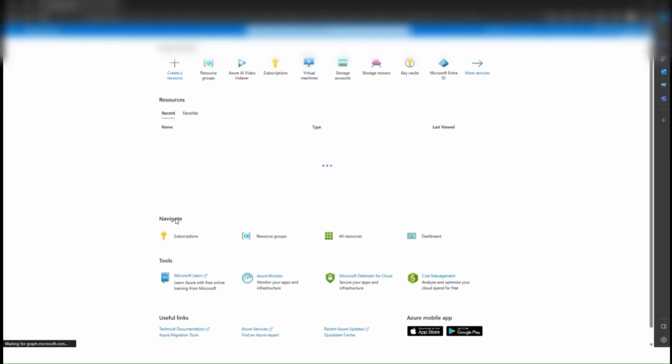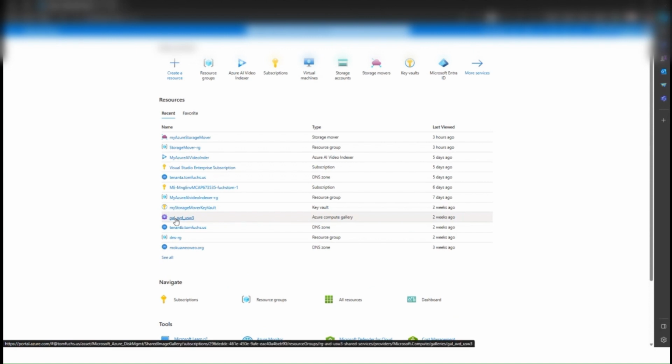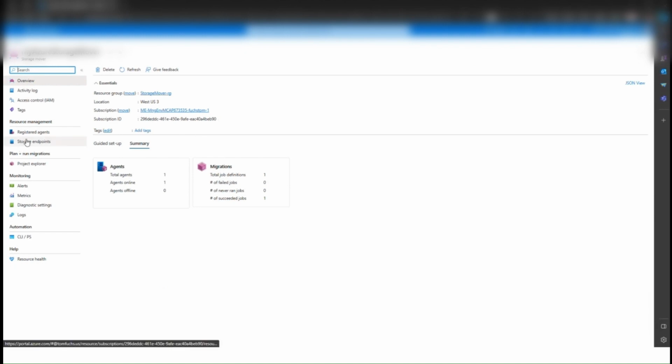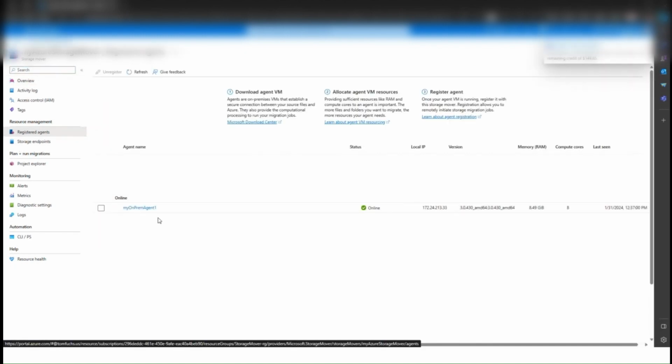Let's see. I'm going to switch to my other tenant here. And so here's my storage mover resource that was created. I have that registered agent that I mentioned. This is the on-prem agent. I'll show you here in a second. Storage endpoints indicate locations where I'm copying data from. Source endpoints, target endpoints is where it lands. And I've already run this